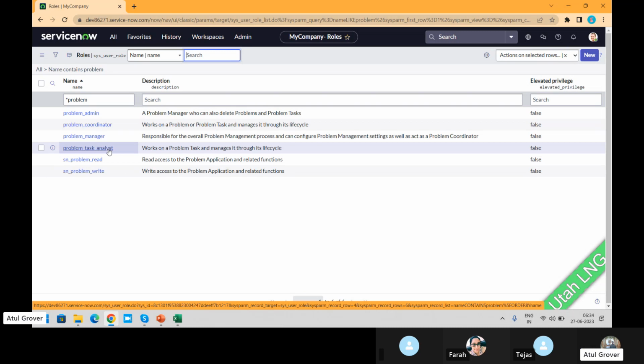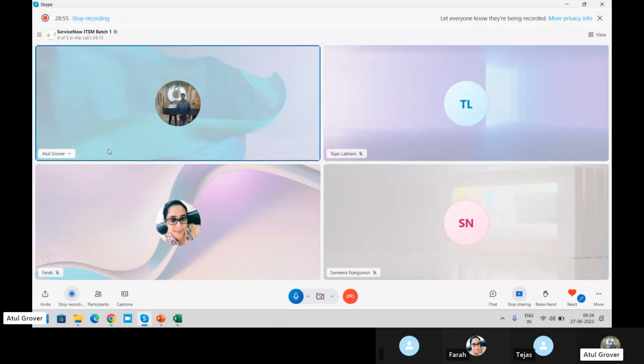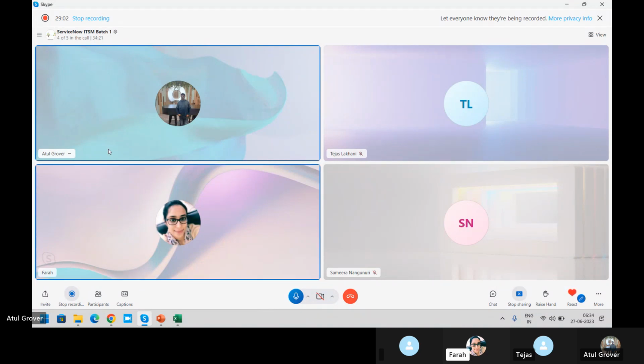Okay, so these are the 6 basic roles available in problem management. Any doubt? Any question? Now clear. Good.